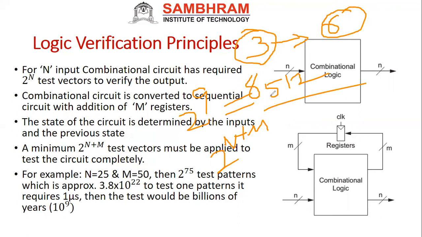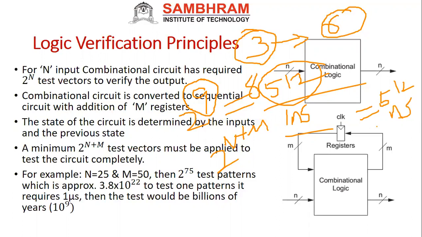If all 512 test patterns are verified, that means 512 combinations. Remember, 512 test patterns means 512 combinations have to be verified because your test vector size is a 9-bit value. You have to check all the combinations to see if it is producing the output properly. If checking just one combination takes 1 nanosecond, then think how much it will take: it may take 512 nanoseconds to check just one full adder.